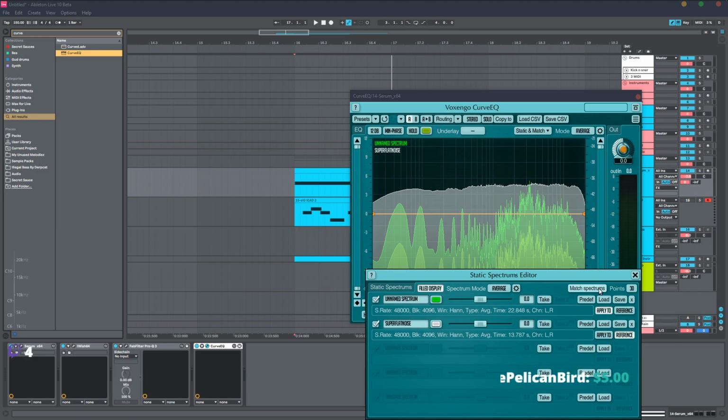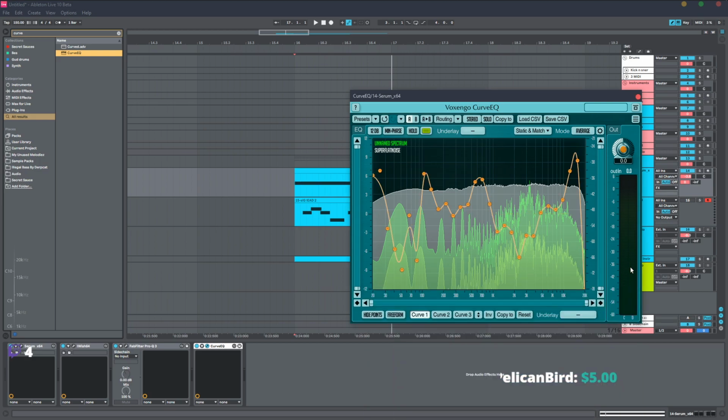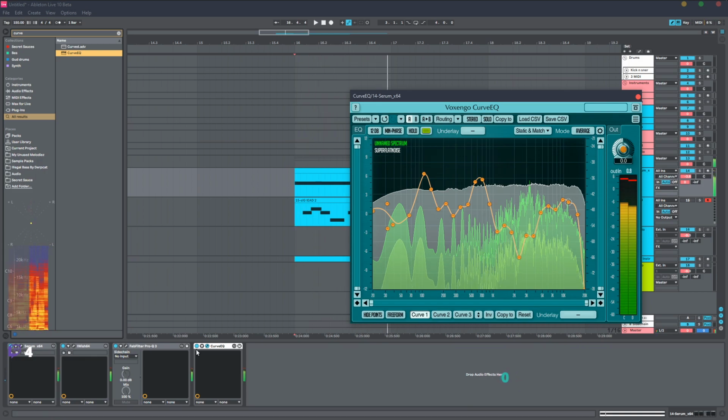So now what you do is you click match spectrums, and boom. Amazing. It matched it. Now you don't really need these curves since they're extreme, so just make sure that you don't really mess with these. So yeah, that's how it sounds now. Balance